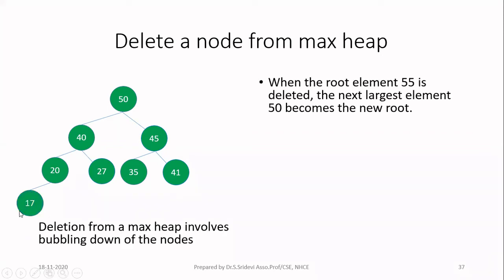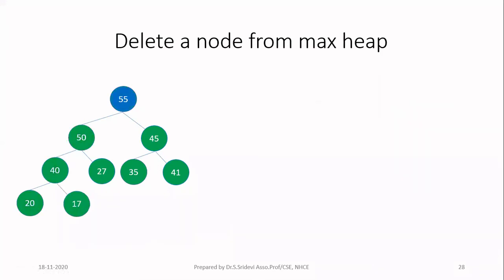So this is the deletion process. So we have started with the deletion of the root node only. But after deleting the root node, we can't leave it as such. We have to check in every step whether the property of the heap is satisfied or not. And if you see the tracing process, in the case of deletion from the max heap, it involves bubbling down of the nodes. What is the meaning of this? Let us go to the previous slide so that you will understand.